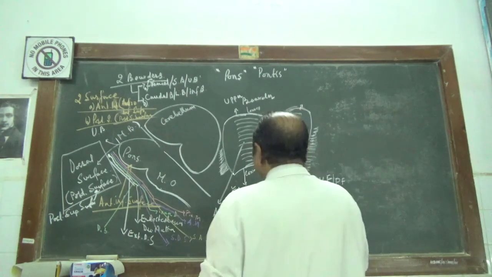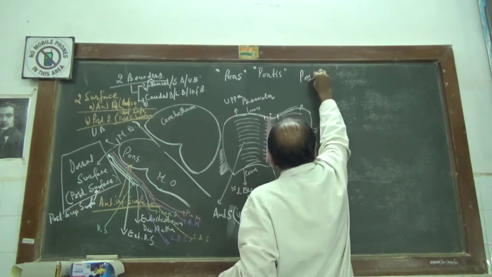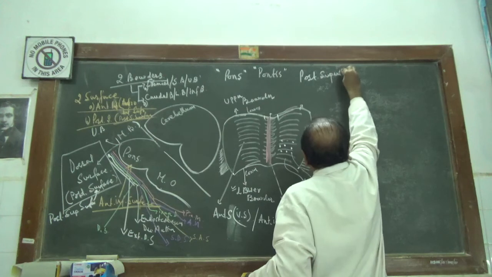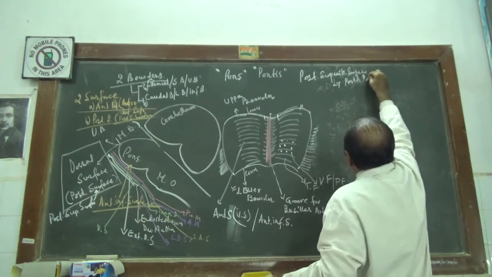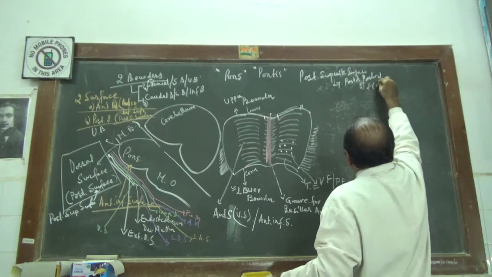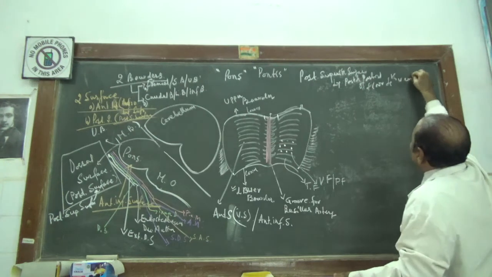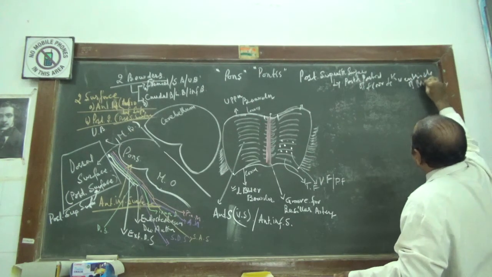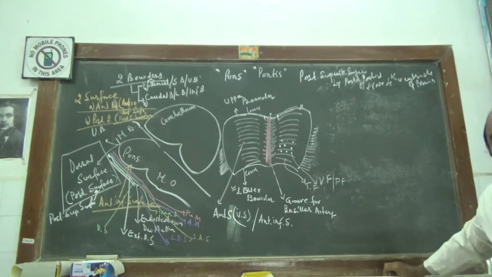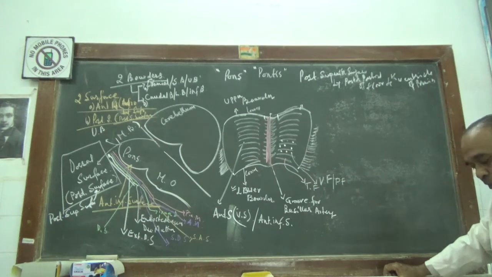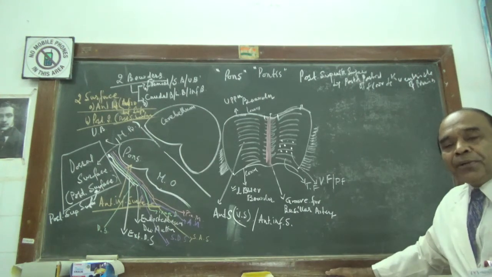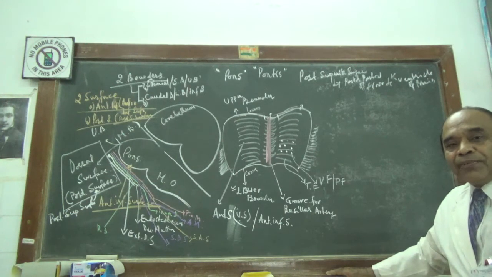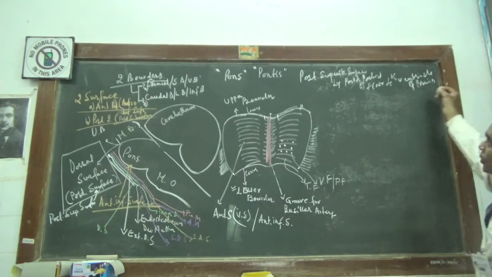part and parcel of the floor of the fourth ventricle of the brain, sharing with the upper posterior surface of the medulla oblongata, as well as the lower posterior surface of the medulla oblongata, very close to the upper and medial portion of the tela of the fourth ventricle, which we dealt with yesterday. So that will be the thing.